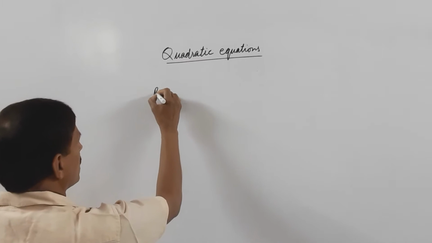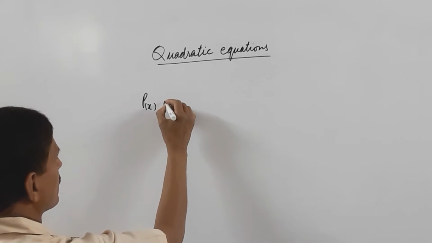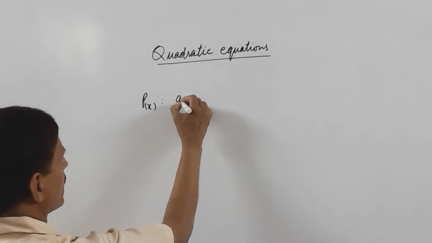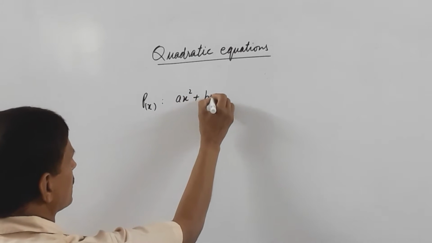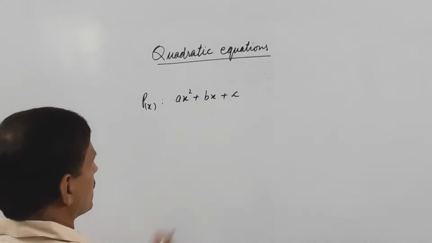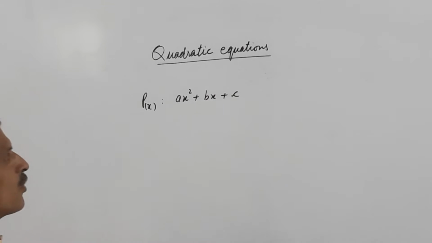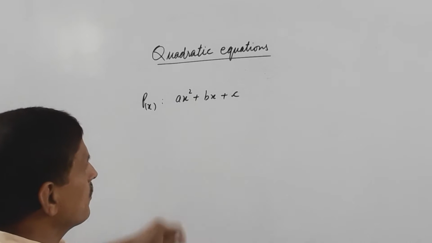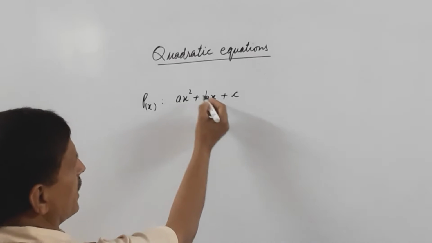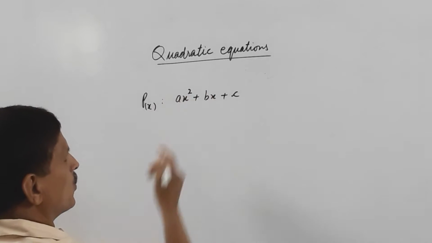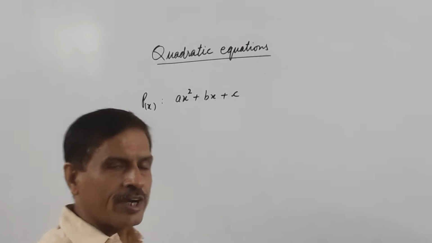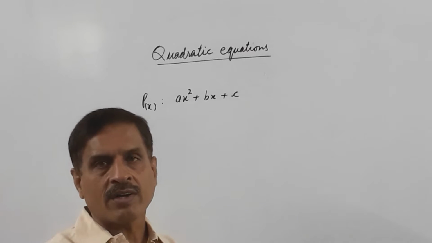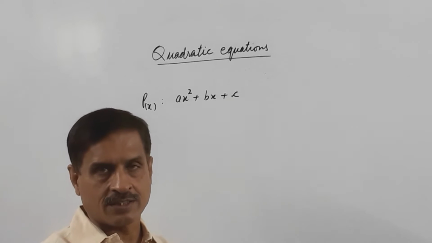A polynomial P(x), that is ax square plus bx plus c, is a quadratic polynomial because its degree is 2. A quadratic polynomial may have at most 2 factors,